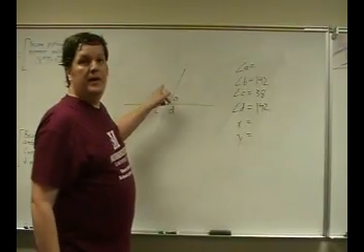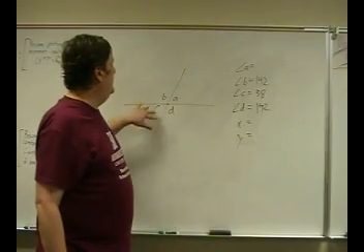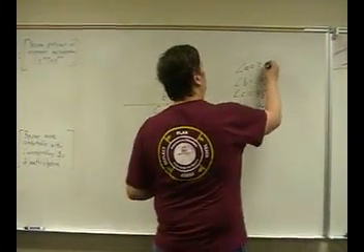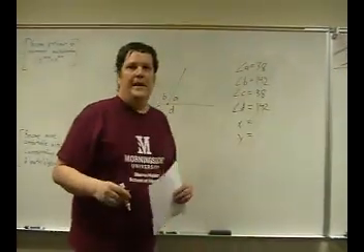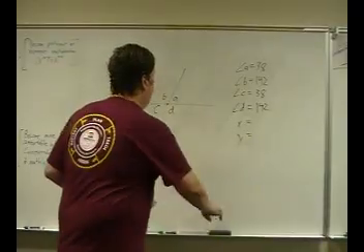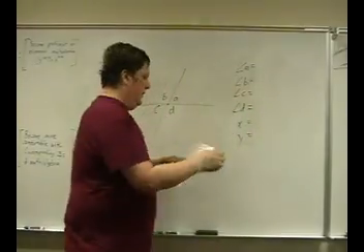A shares a side with B, so that's not the vertical angle. A shares a vertex with C, but no sides. Therefore, A and C are always going to be equal, and that's vertical angles. I wish it was a little bit more complicated than that, but regardless of what I put up here,